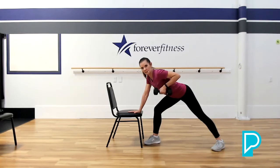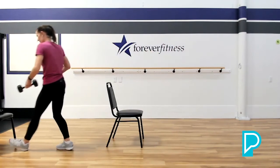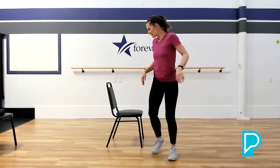Up, 10, muscle fatigue, down, 2 more, 11, down, and 12, and down. Come out of that, put that weight away, nice job. Shake out those arms a little bit. Okay, we have 2 more